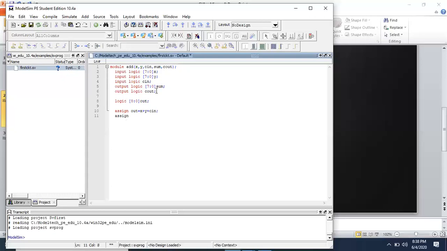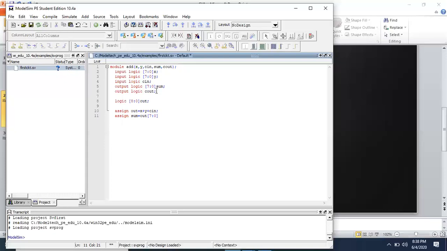Then again assign sum equal to the output signal, and it will take bits from 7 to 0, because as discussed earlier, the out signal is a combination of sum and cout.